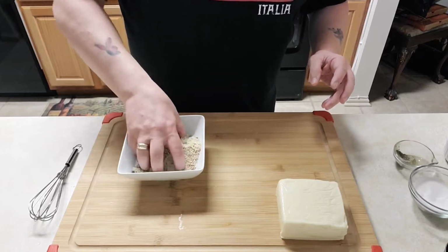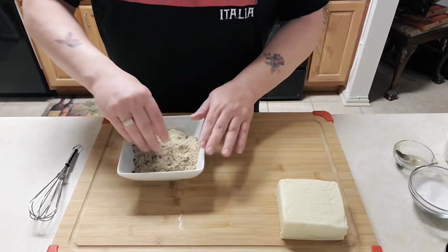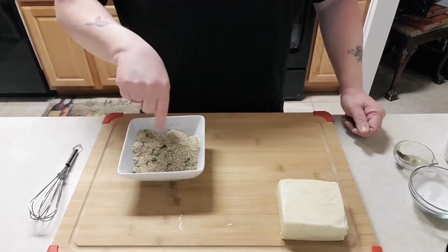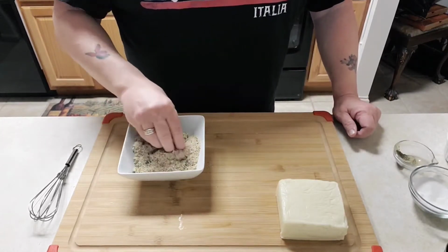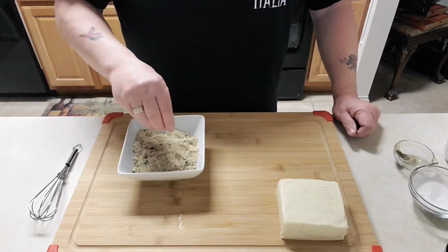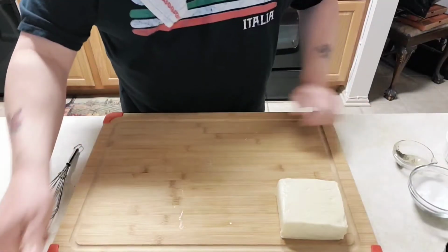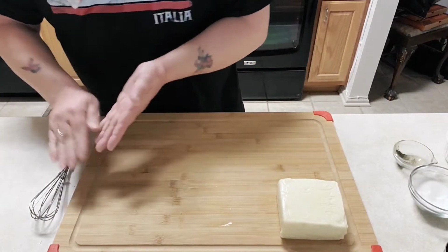Okay, now we're done. So basically here was salt and pepper. I'm sorry, not on this one. There was no salt and pepper in this. It was fresh parsley, oregano, and some Parmigiano Reggiano. Okay, so I'm going to set this aside, and we're going to get on to